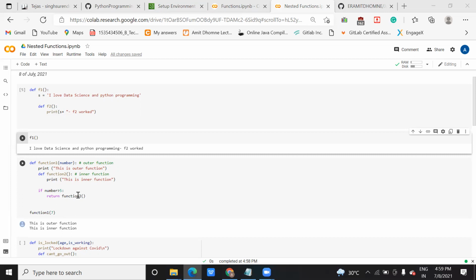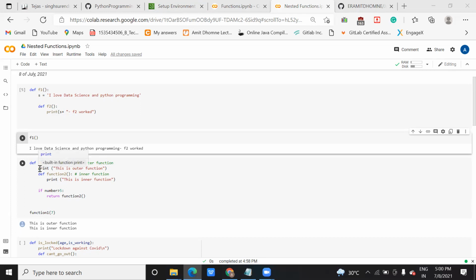Yes. So this number, when you pass it here, the condition will check with this 7, if it is greater, it will return this function 2. So function 2, you can see it here. This condition becomes true, so in that case it will return the content of this function 2. Content in the sense of what you have declared inside this, it will return that. As the flow is coming 7, it will come inside this.